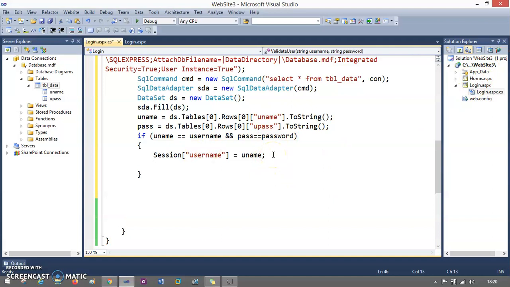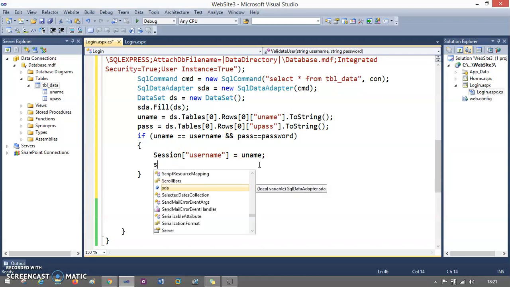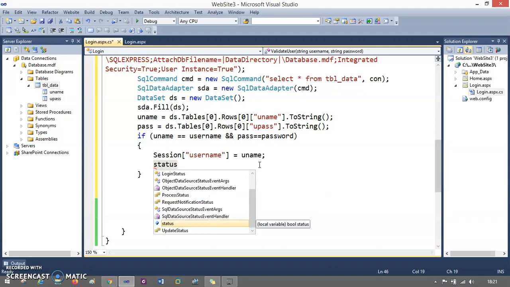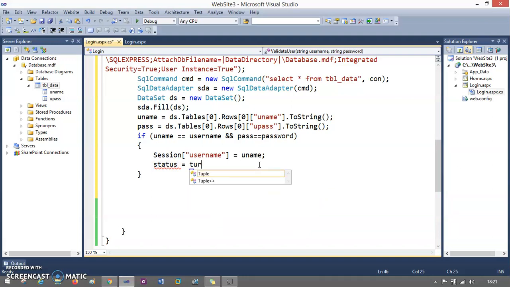Okay, so if the user is validated or authenticated, then it is going to redirect to the home.aspx with the help of this string username variable. Okay, this session. So that means if my username and password are correct, then I need to set the status that I had provided in the boolean to true, right? So this is it. And if things are wrong, then in the else condition I'm going to set the status